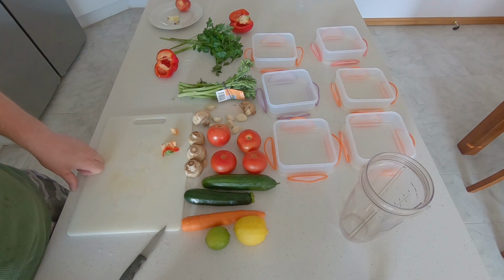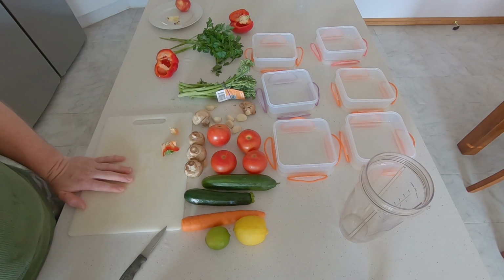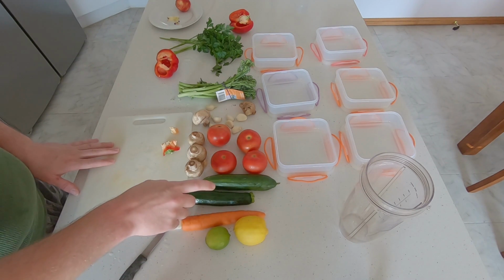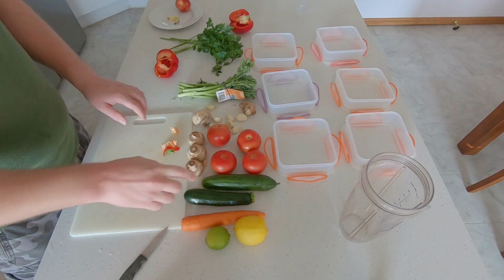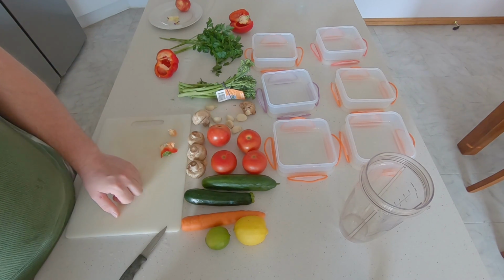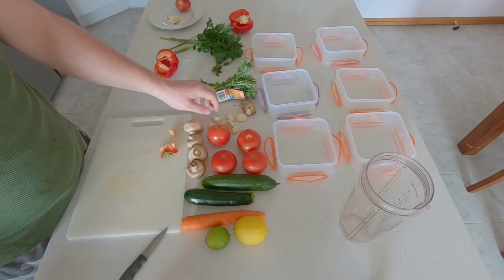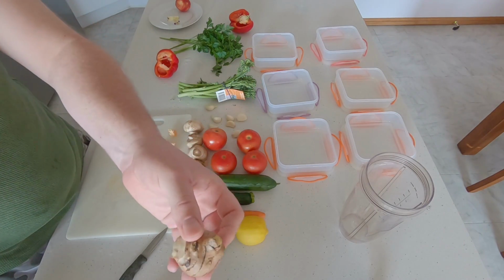Now, this breakfast consists of the following: 1 lime, 1 lemon, 1 carrot, 1 zucchini. You guys in the States call them courgettes. Cucumber, tomato, mushrooms, just a standard mushroom. I mean, you can put something fancy in if you want, but just an ordinary mushroom. Garlic, ginger,